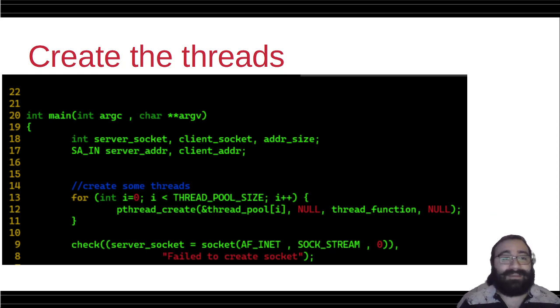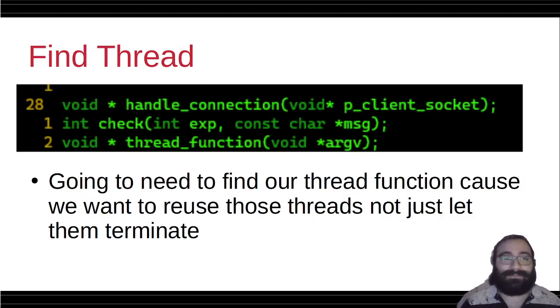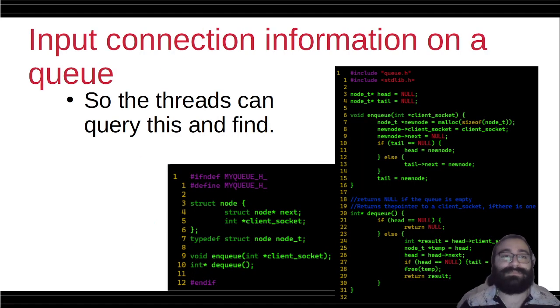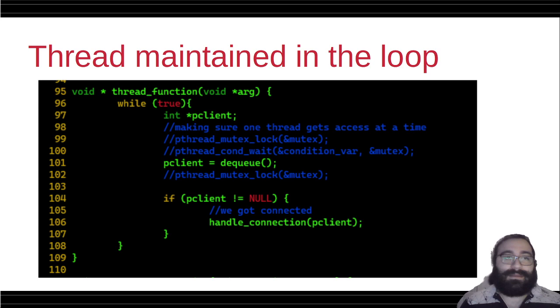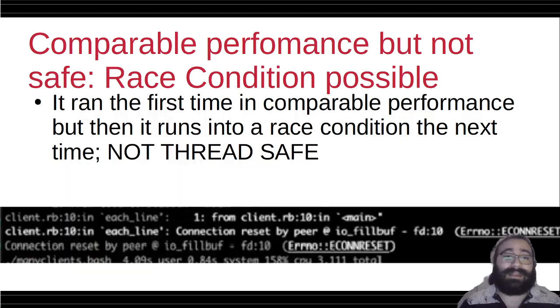Create the threads, and we'll define the thread function because we want to reuse those threads and not just let them terminate. Input connection information into a queue so that the thread can query it and find it. Add the connections to the queue. Maintain the thread in a loop, and now we have comparable performance, but on the second time that we run it